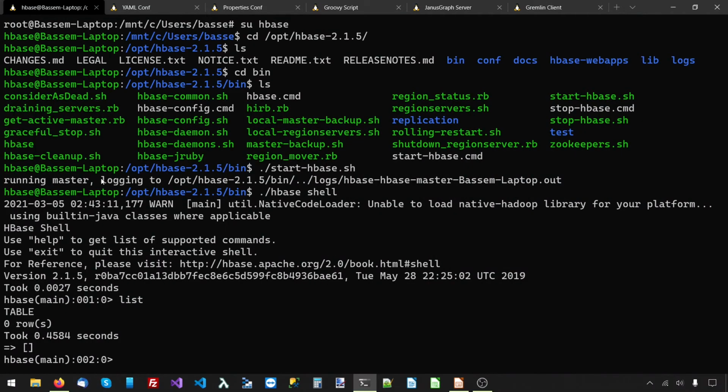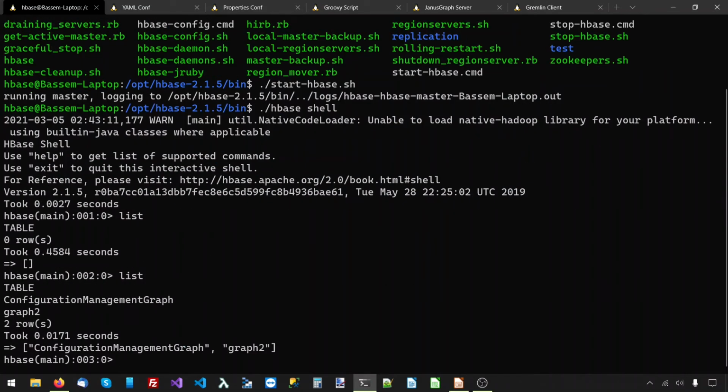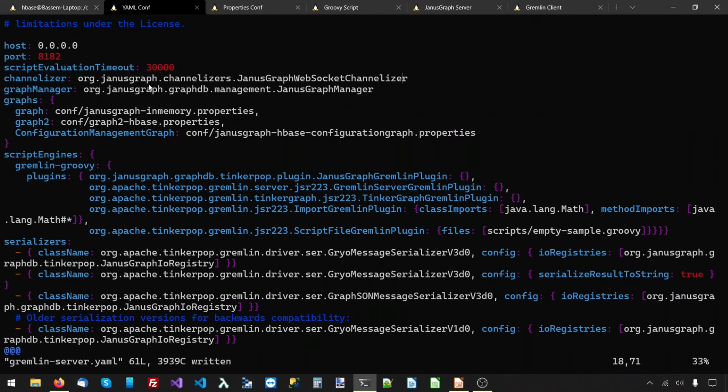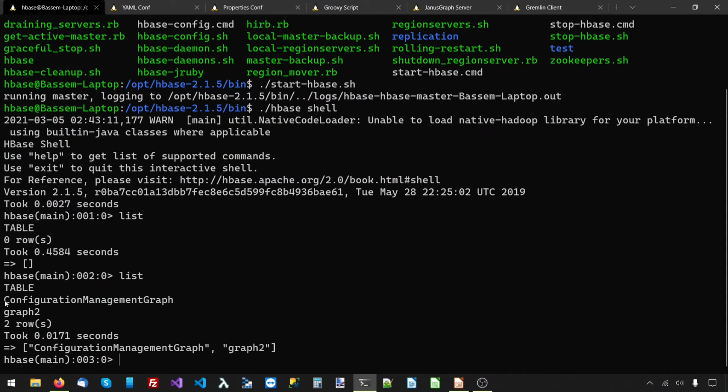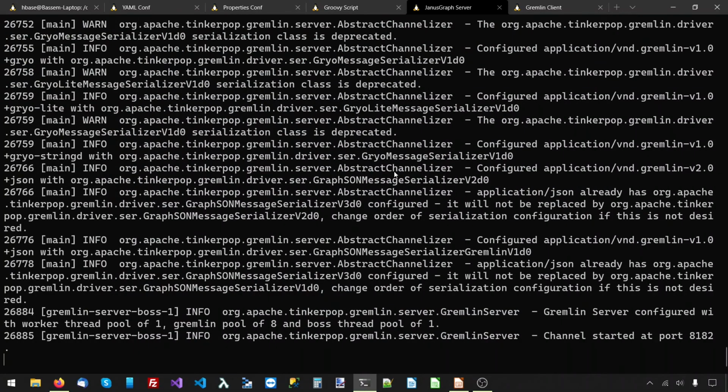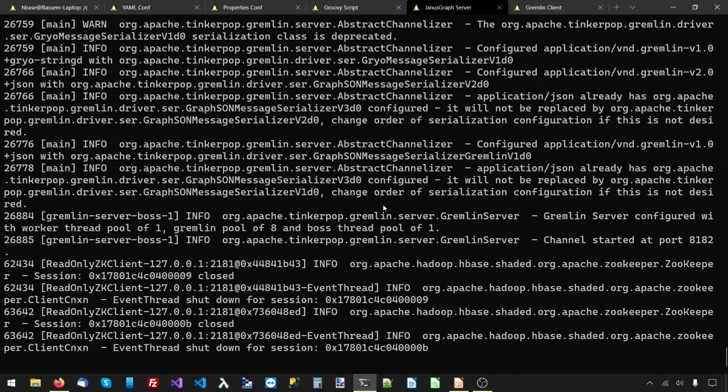Let's see the tables in HBase. So now we have two tables. We have the graph2 table. This is for the graph that we created from the configuration. This graph2 right here. And we also have the configuration management graph. This is the metadata graph that will be used by the ConfiguredGraphFactory to track the databases. Okay, perfect. So now we have JanusGraph running,